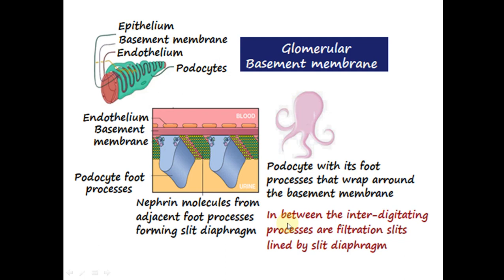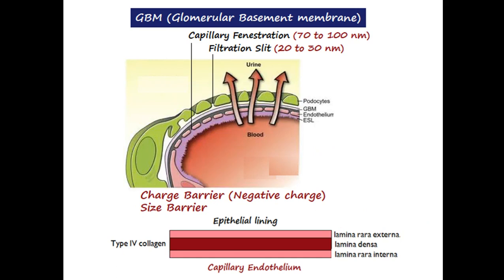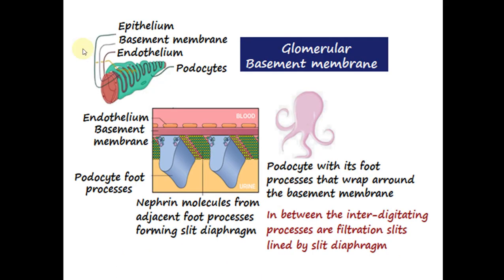Now, as we say that the basement membrane is composed of an outer visceral epithelial layer which contains the podocytes with their interdigitating foot processes, then the basement membrane has a central thick portion, the lamina densa, and on each side the electron lucent portion: lamina rara externa towards the epithelial side and lamina rara interna towards the endothelial